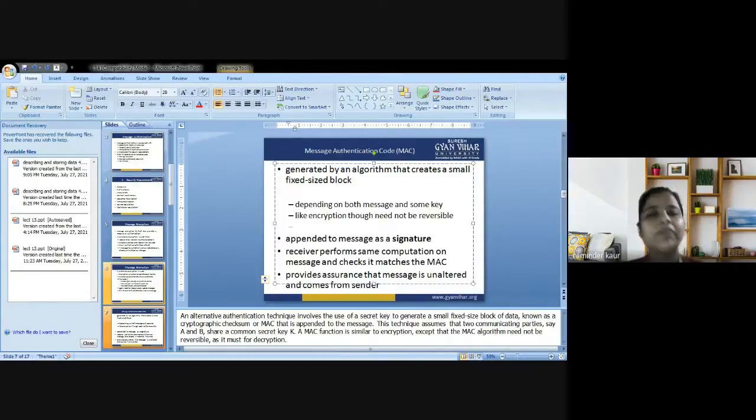It could be SHA, it could be the message authentication code, and then they could be XORed, like an exclusive OR gate could be used, and there could be various functions performed like PC1, PC2, and in the last they could be merged together to output the MAC. So there is the one-time MAC that is associated with the same. If we are dealing with the MAC, there is a provision of the one-time MAC.